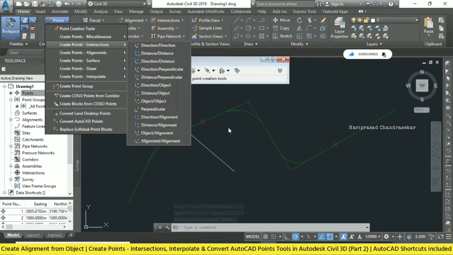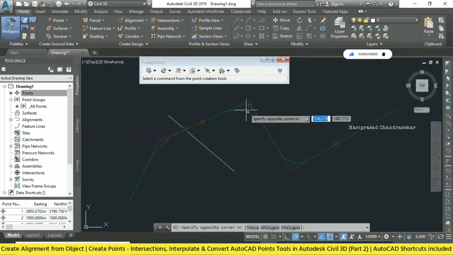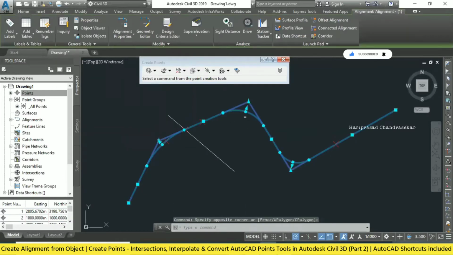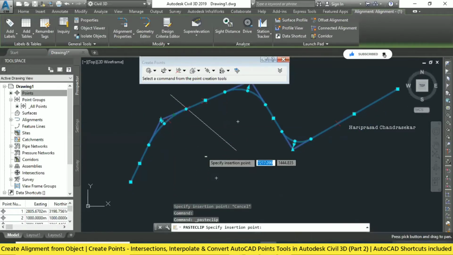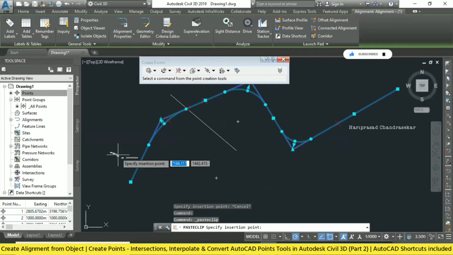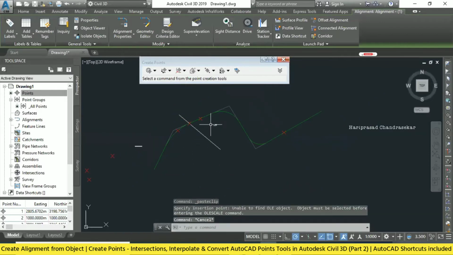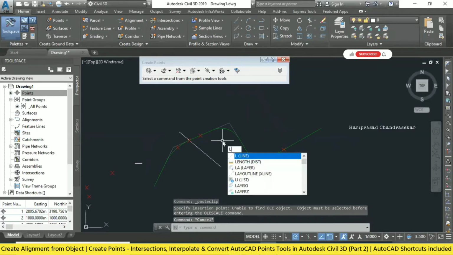And then alignment. What I can do is Control C, Control V, because we must have two alignments. Or we can just create another also.